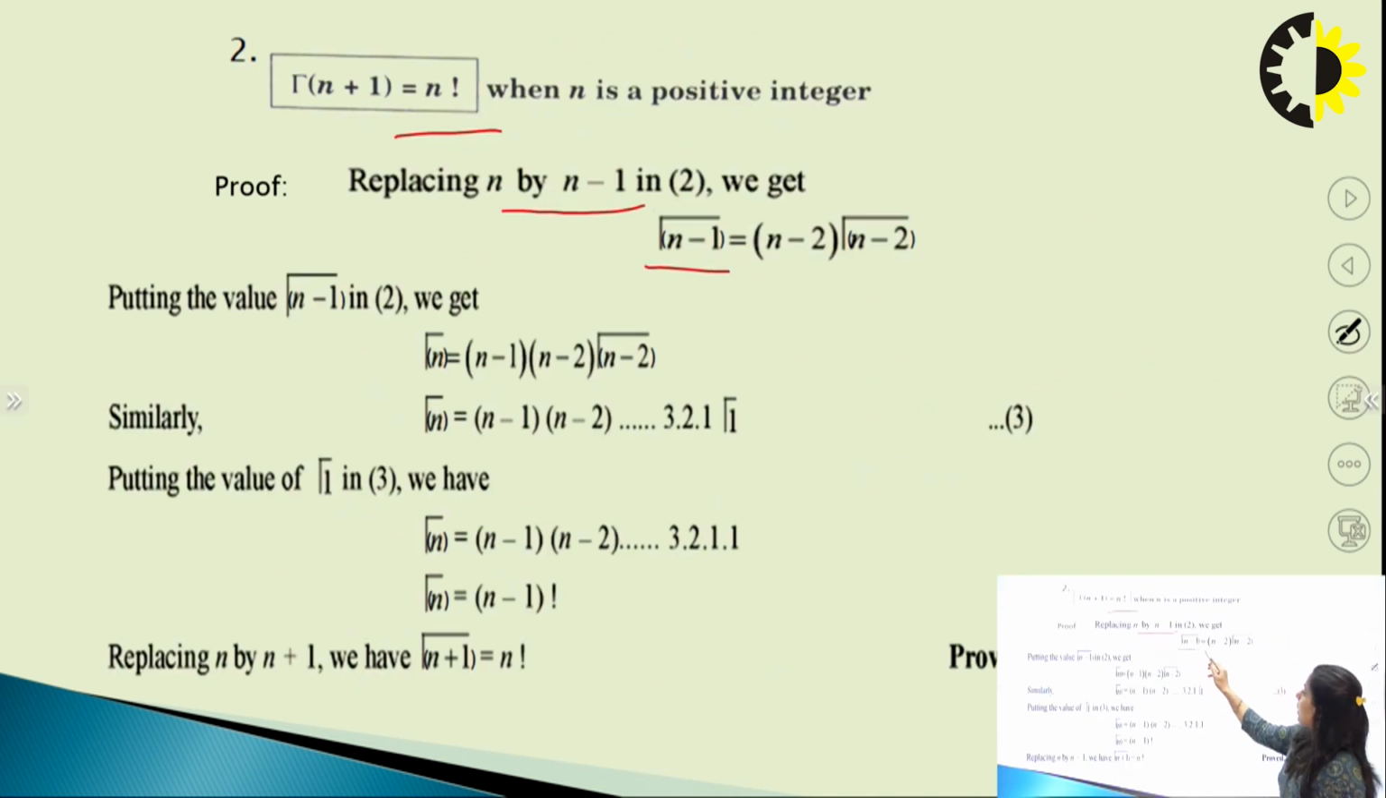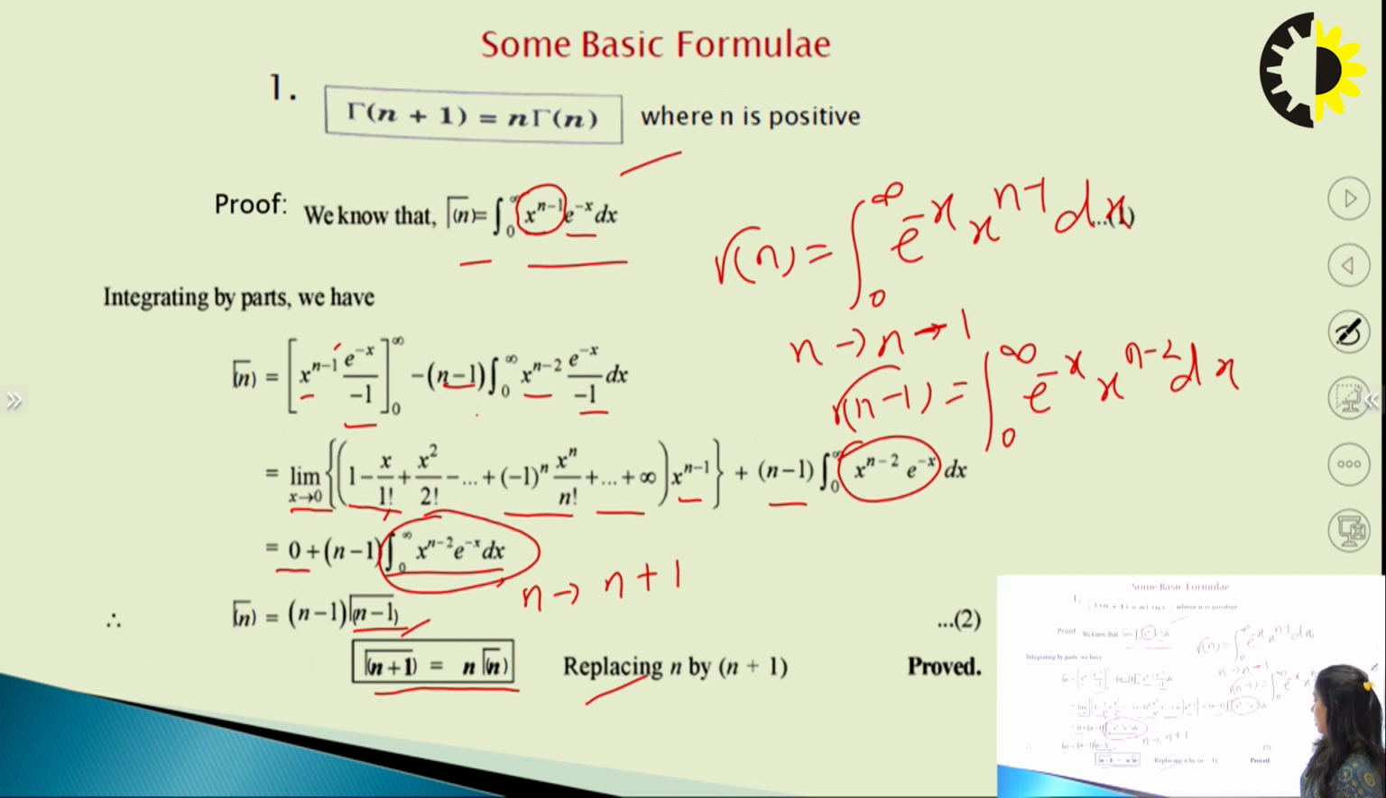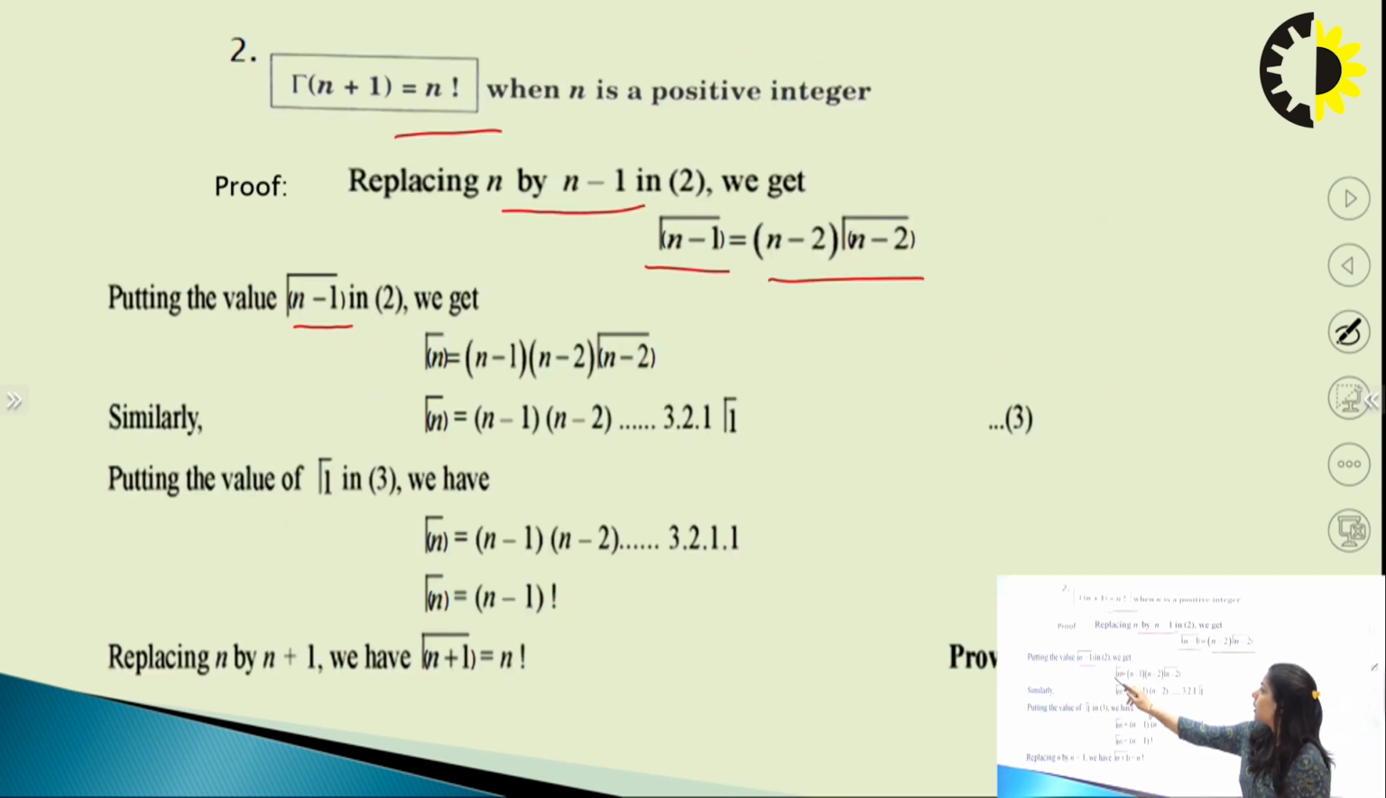So gamma(n-1) = (n-2) gamma(n-2). Now putting the value of gamma(n-1) in equation 2, gamma(n) = (n-1)(n-2) gamma(n-2). Now again, similarly, gamma(n) = (n-1)(n-2)